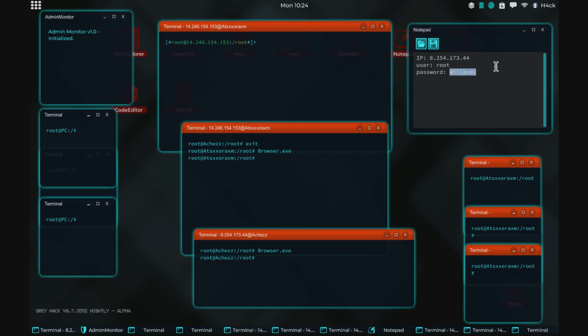What we're going to do now is start the reverse shell. I think this is the server we set up our firewall on. We will have to disable the firewall, but let's start the reverse shell